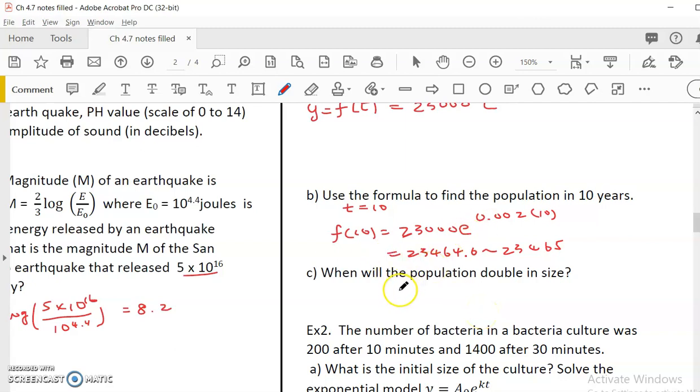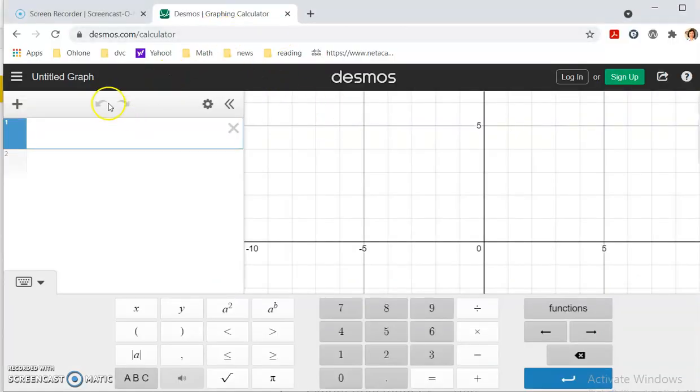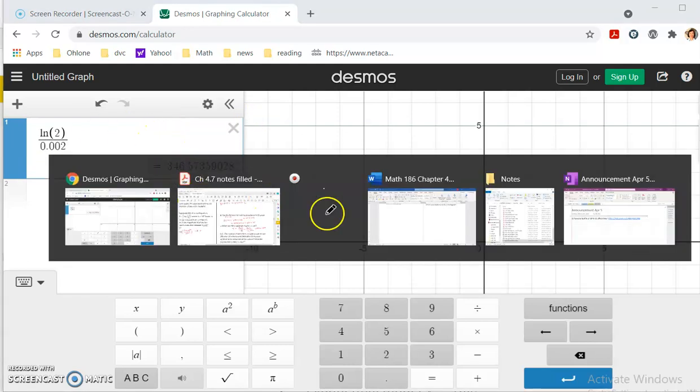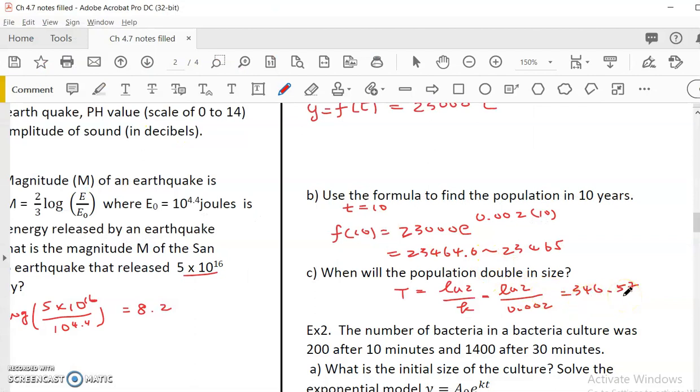When will the population double in size? Well, we have k, so the doubling time would be equal to ln 2 over k. So that is ln 2 over 0.002. Put in the calculator, it is 346.57. If you don't have a graphing calculator or a scientific calculator, you can use decimals, right? So whatever we did earlier, ln 2 over 0.002, that would be 346.57 years. So it takes that many years for the population to double in size,